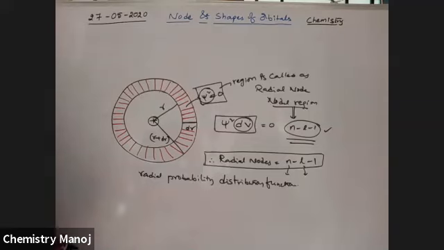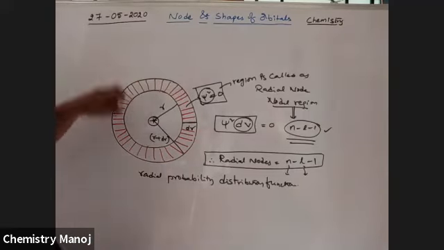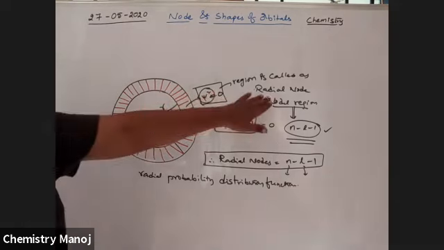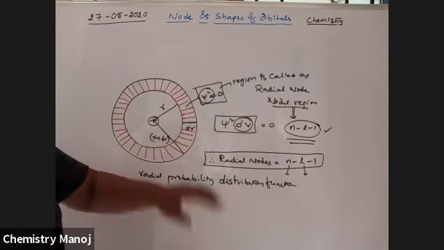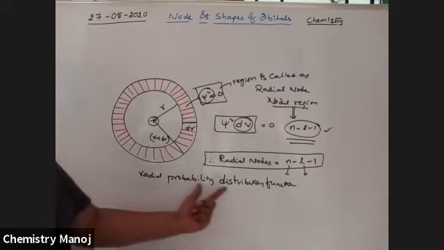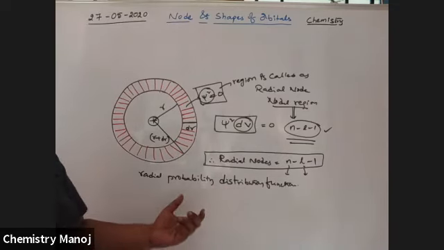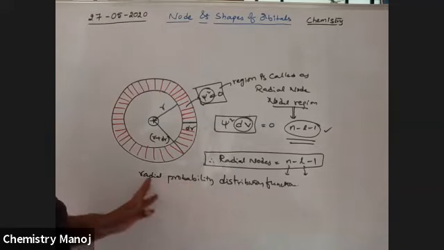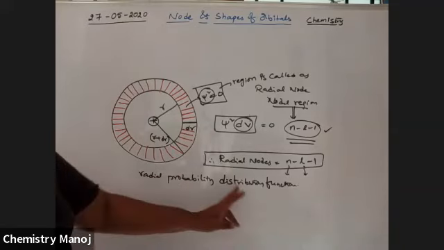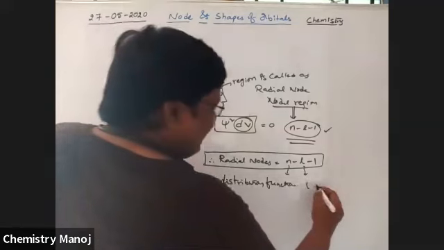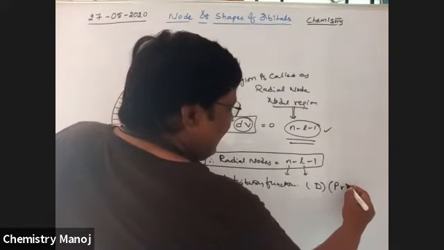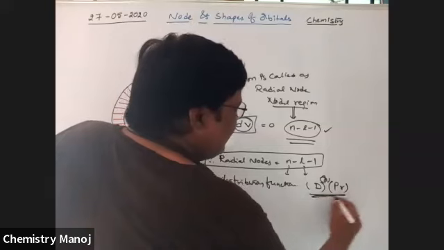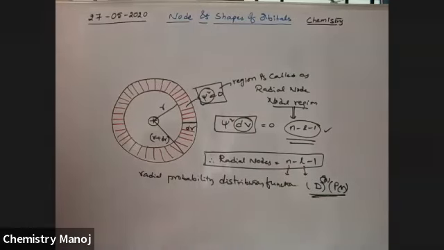Now I am going to find out how much is the ψ² value in that particular region. If it becomes 0, that is a radial node. If it does not become 0, how much is there? That is the radial probability. Only probability conditions are applicable: how much is the probability of that electron being there? That is calculated using certain conditions. That is the radial probability distribution function, indicated with the letter D or P(r). Later I am going to discuss radial probability distribution functions.